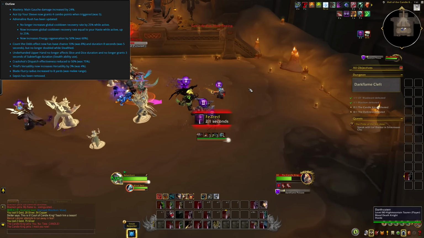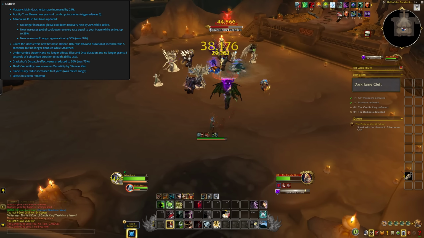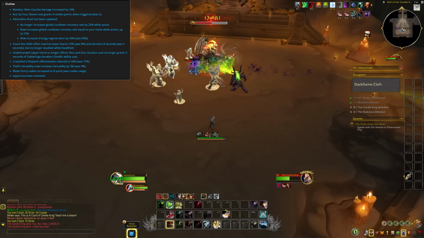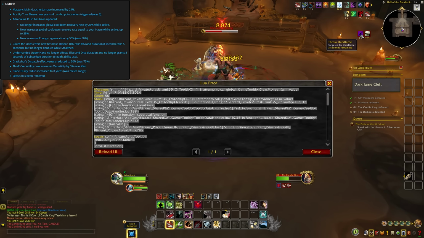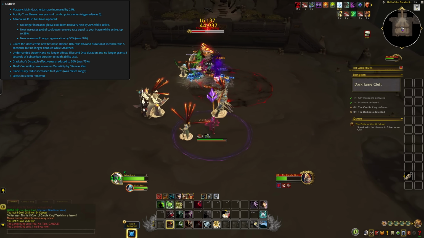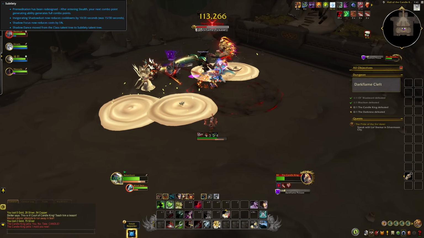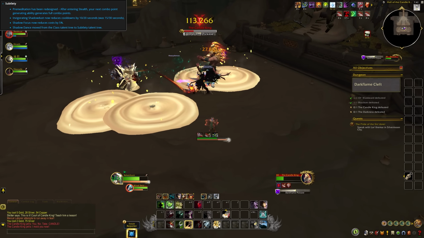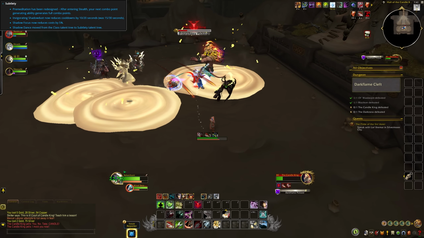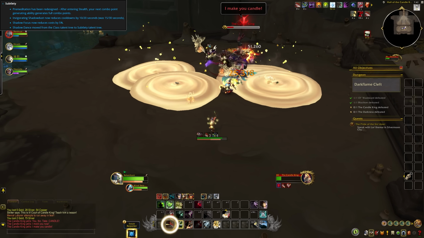For Outlaw, their mastery was buffed by 24%, Ace Up Your Sleeve was nerfed slightly, Adrenaline Rush has been updated, a few talents have been nerfed, Blade Flurry will now have an 8-yard radius to offset the melee range changes, and Sepsis has been removed. And then for the Sub Rogues, Premeditation has been redesigned to make your next generator grant full combo points, Shadow Focus now reduces costs by 5%, and Shadow Dance was moved to the Sub talent tree, so only Sub Rogues will get to